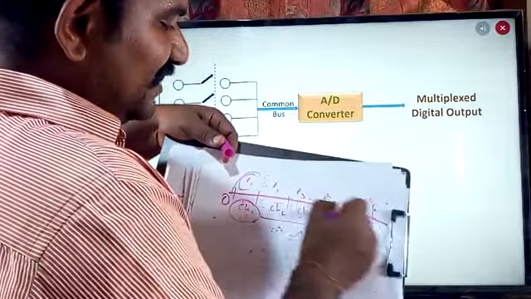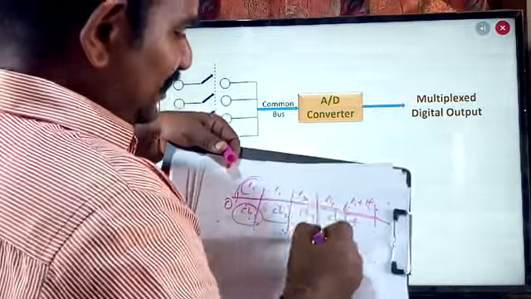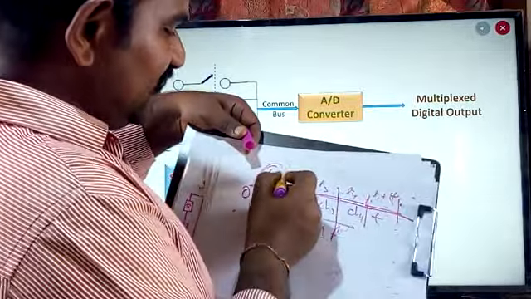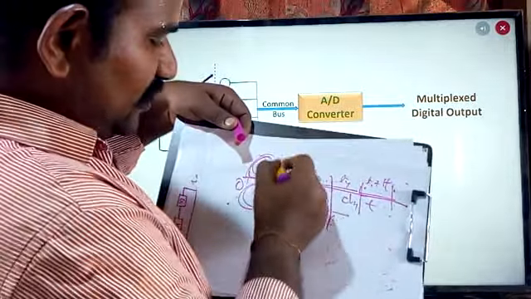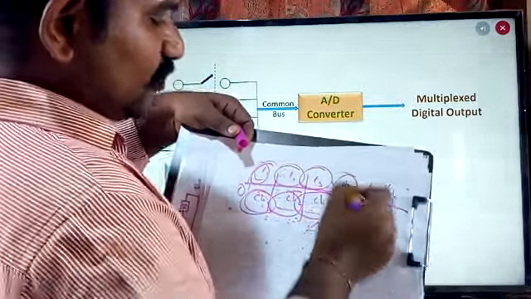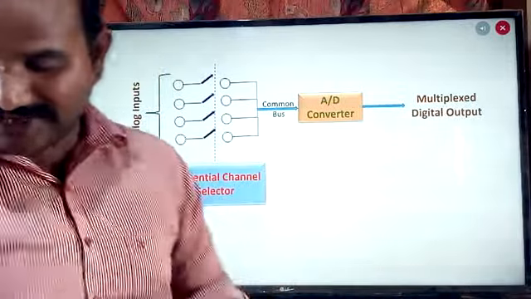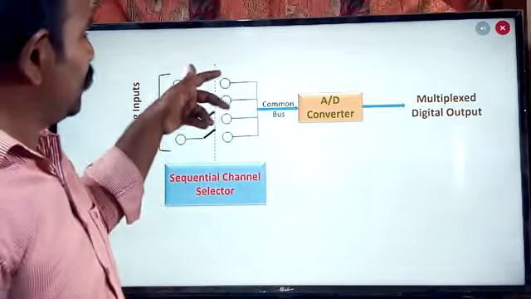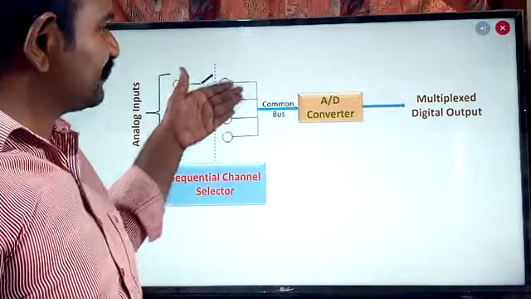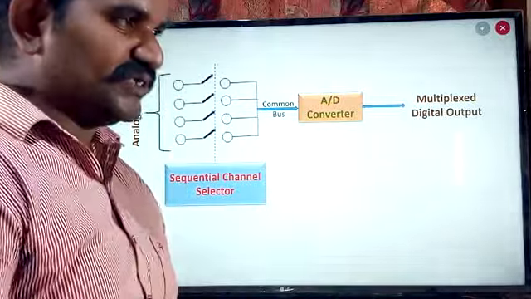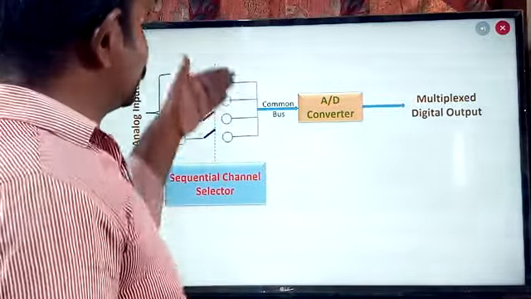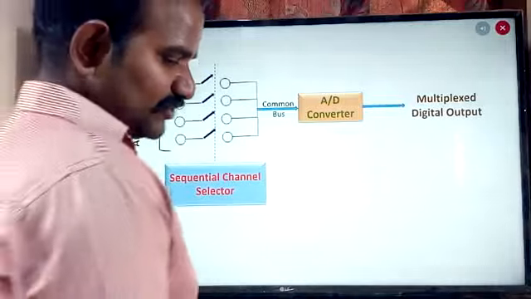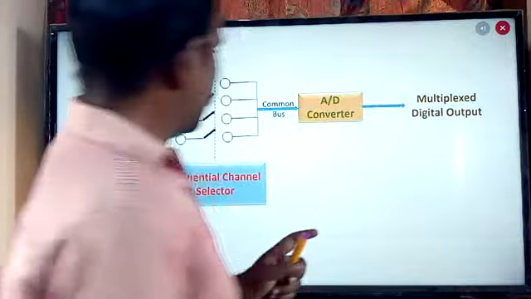Means the entire time period is divided into equal slices. Each channel is getting one time slice, one time slice, one time slice, one time slice. So this is what we are having over here. So when the multiple channels are trying to send the information, we are going to use the sample and hold circuit. Because of that, we are able to hold the information in order to avoid losing the data, and that information is going to be processed by the analog to digital converter. So this is about analog to digital